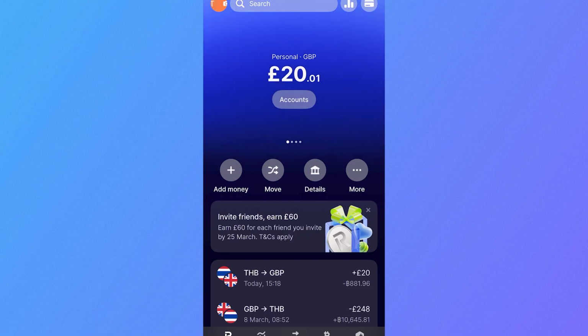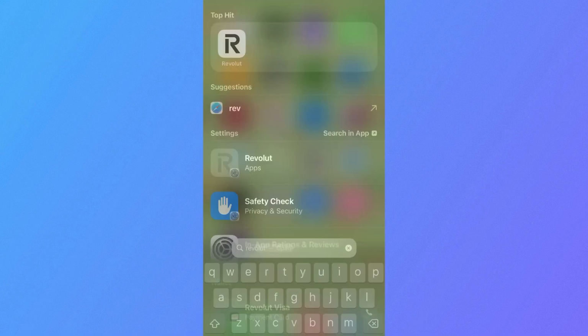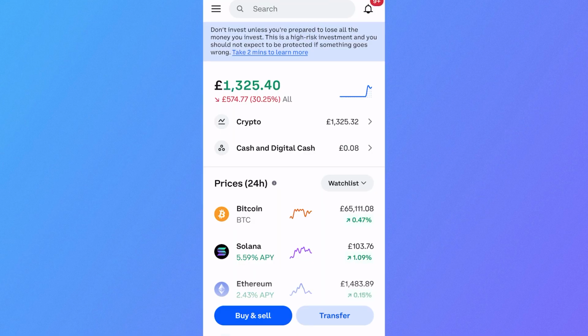In this video, I'm going to show you how to send money from your Revolut to your Coinbase account. So we're going to start just by opening up the Coinbase application on your phone. And once you're on the Coinbase application, we can click on the transfer button at the bottom of this screen,